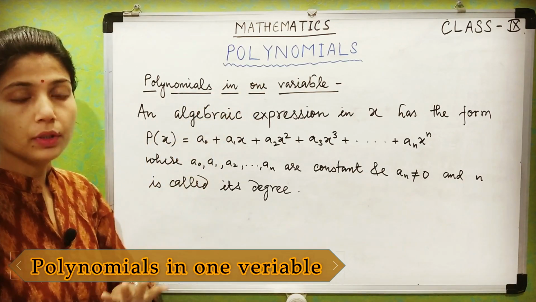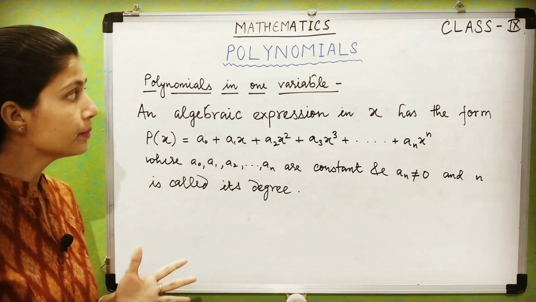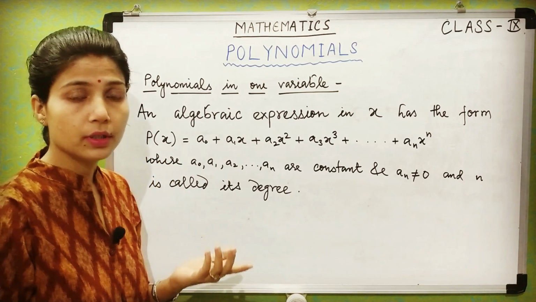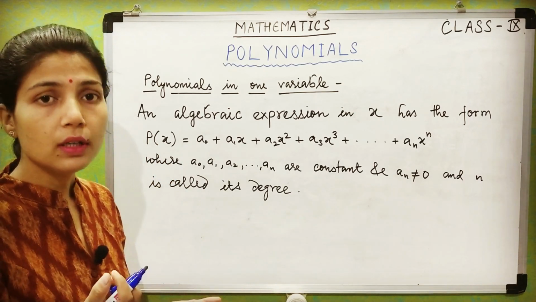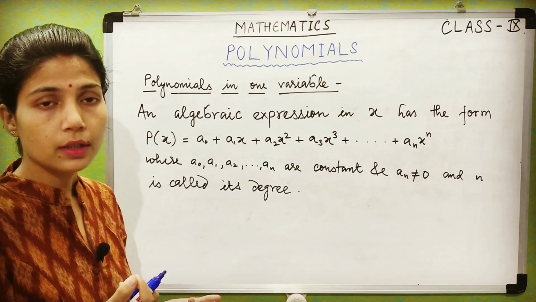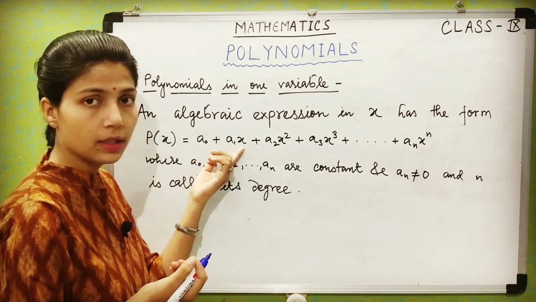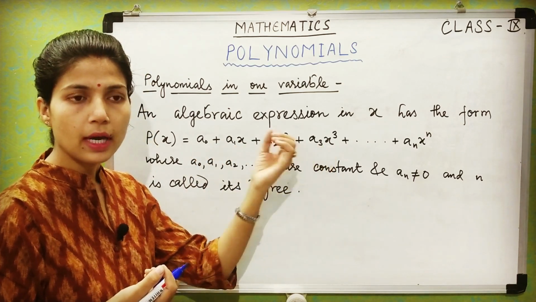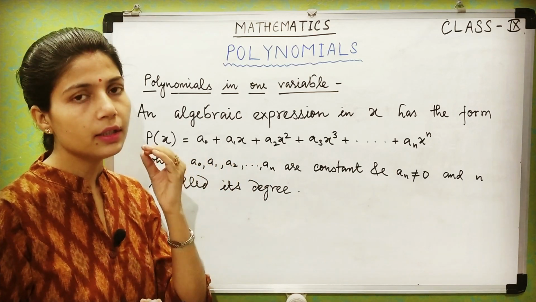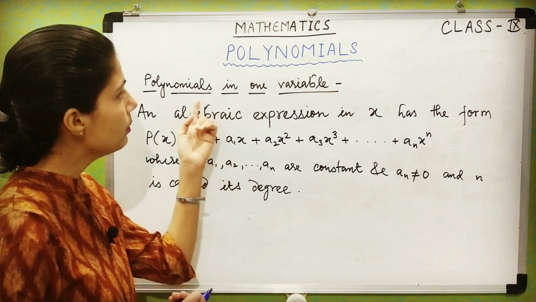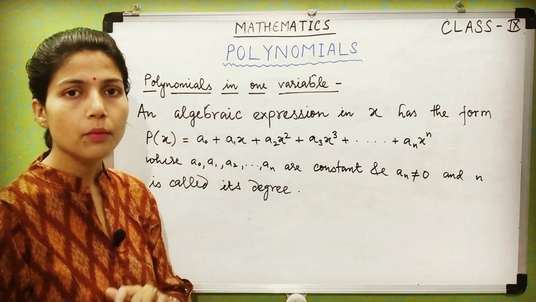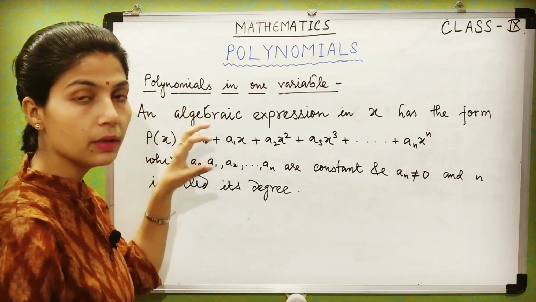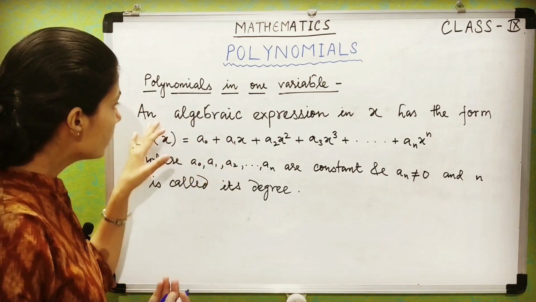Polynomials in one variable क्या मतलब है? What does it mean? The variable that you will see in the expression will be only one. Okay, as in this case, look here, there is only one variable. So any polynomial containing only one variable will be a polynomial in one variable. What is the perfect definition of polynomial in one variable? Look here,